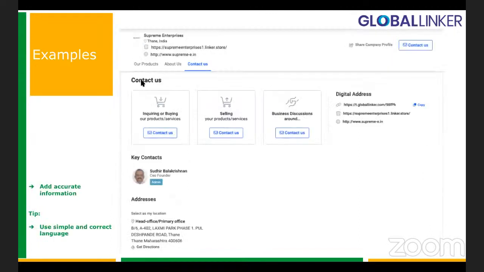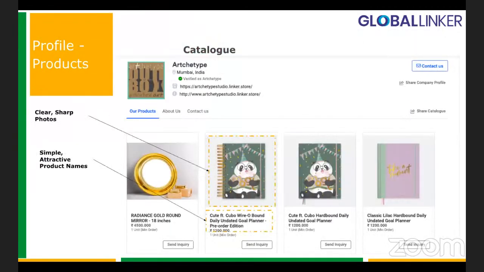This is another organization. Obviously, the objective of any buyer who's coming to your profile and whom you are getting to your profile is, one, to get an order or to get an inquiry. So a core part of any profile should be my products and services. And while the platform will give you an opportunity,